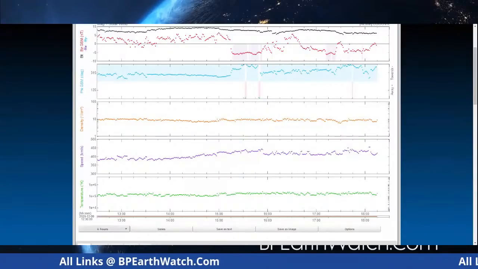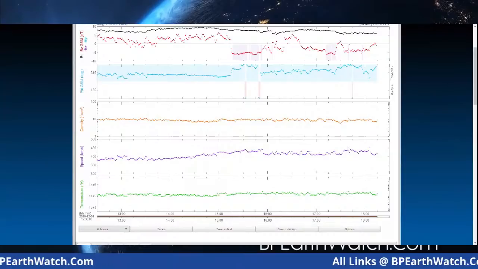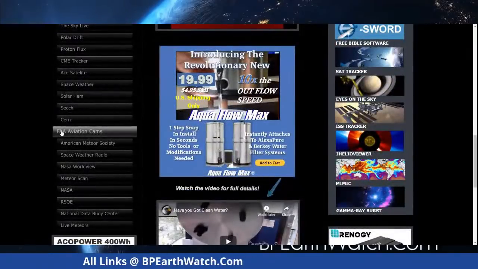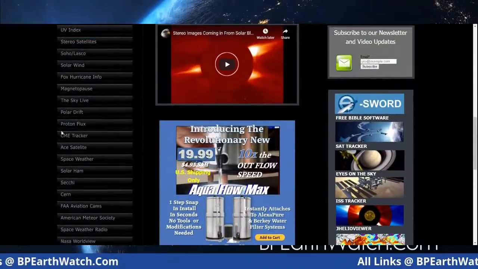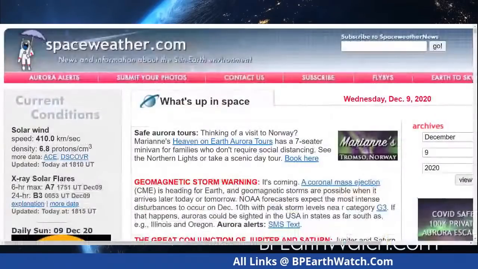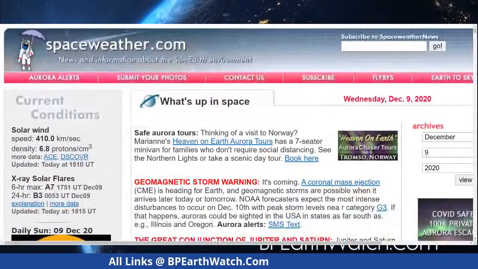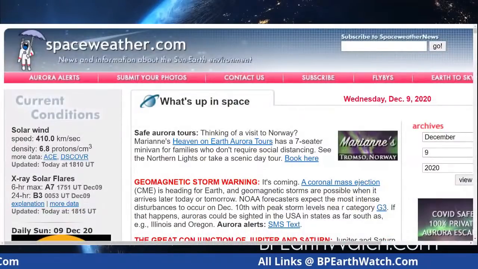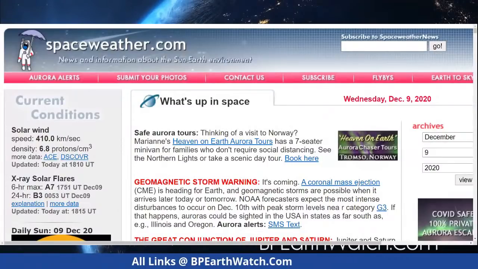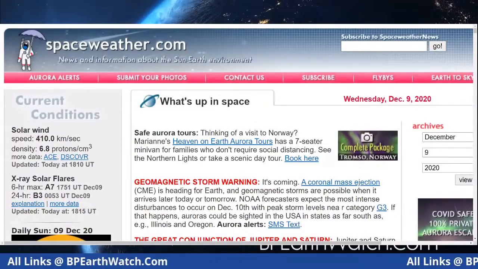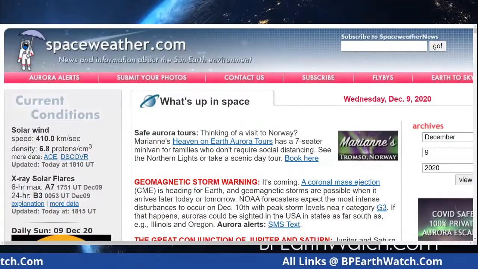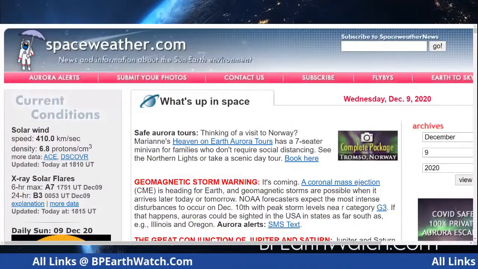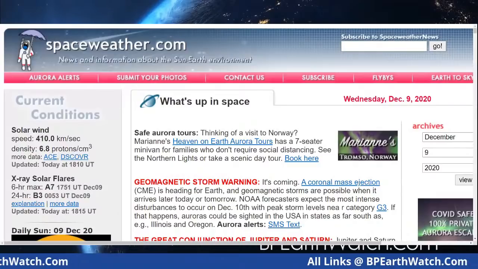You can go quickly, guys. The quickest link to look at something is to simply go to spaceweather.com, and you can do that again on our website, or you can type that in. They've been there for a long time. And at the very top, you can see the solar wind speed now is 410 kilometers per second. The density is 6.8 protons per centimeter squared. Yesterday, when I did the video, we were at 357 and about 4.1 on the protons. I've seen this go up today to about 9 or 10 almost in those peaks. So we're just at the very front end approach of it.